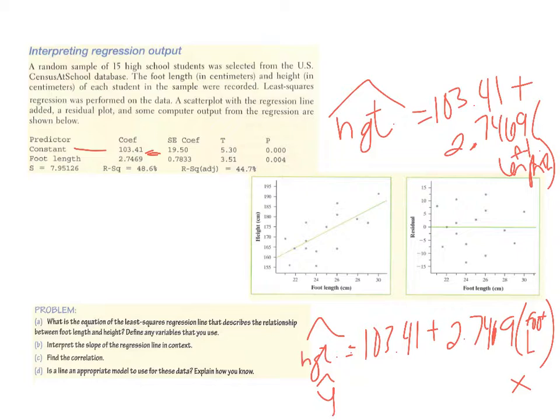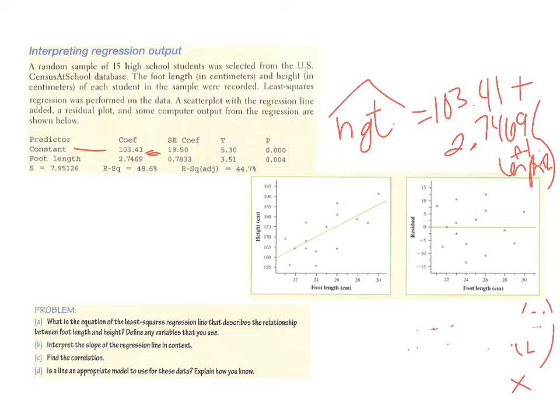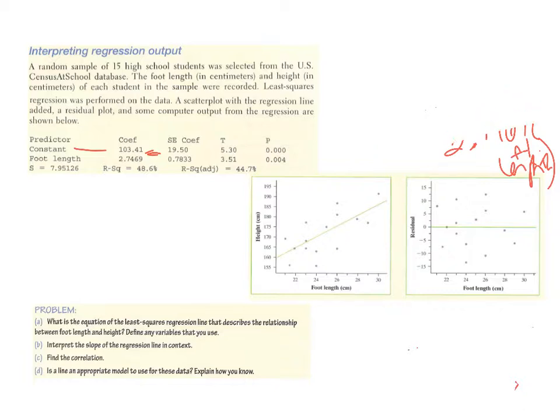Okay, interpret the slope of the regression in context. So if you're going to interpret the slope of the regression in context, again, this is a sentence stem that hopefully we have on our chart by now. So let's look at what that will be. Our slope is our change in y for every one change in x. So x is foot length. So for each additional centimeter of foot length,